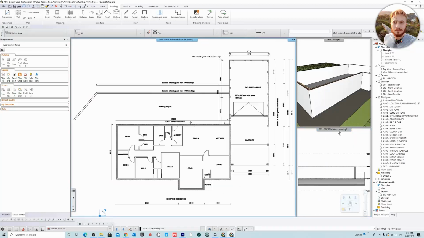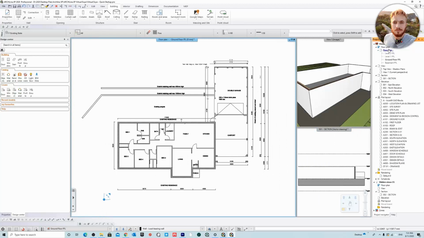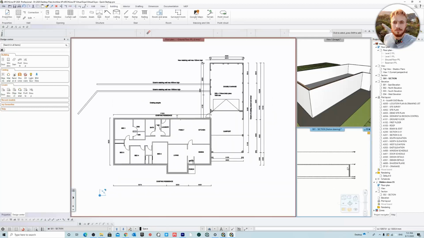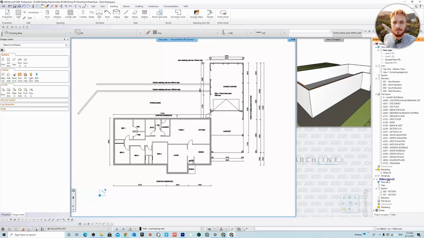Okay, so we'll go back to the floor plan, right click. Okay, and this basement, we're going to set this to 400 mils. So that's going to be the height of the foundation walls. Okay, and we're just going to change this back to 0. Okay, and we'll just go okay. Right, so now you can see in the section it's updated that. Okay, so we can just hide this section again. So that just goes back to hidden views. All right,